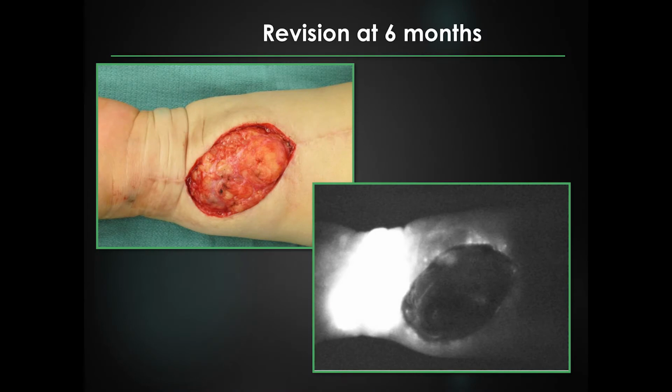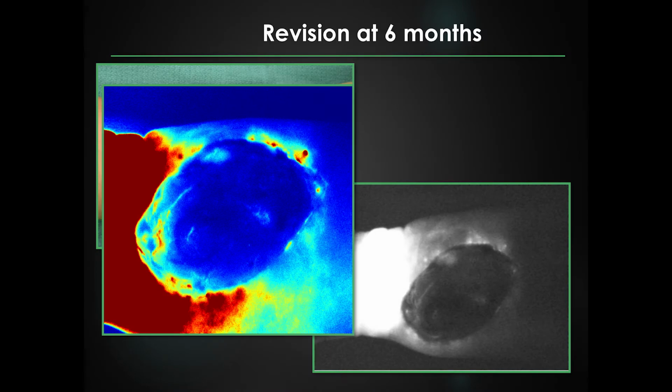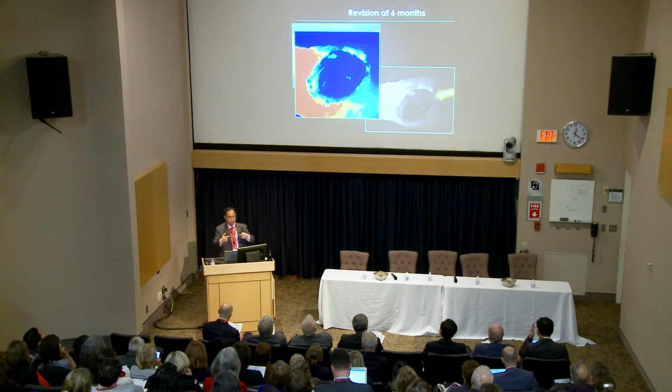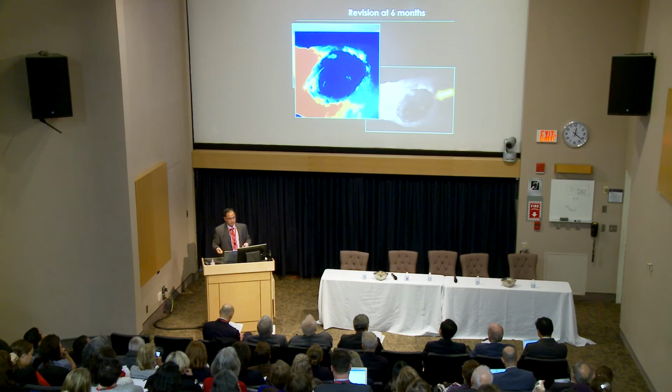Here's one when we're doing revision. This is her injecting into her web spaces. You see it lighting up. We injected proximal and distal of the flap, and we saw the ICG merging towards the flap, so it's acting as that sponge. Then we saw it go into the flap when we took the skin paddle off, so you can see it. And then you saw the lymph nodes light up, and that was my happy sign.